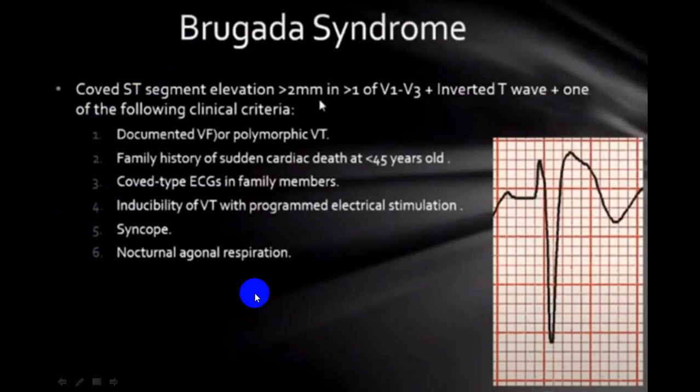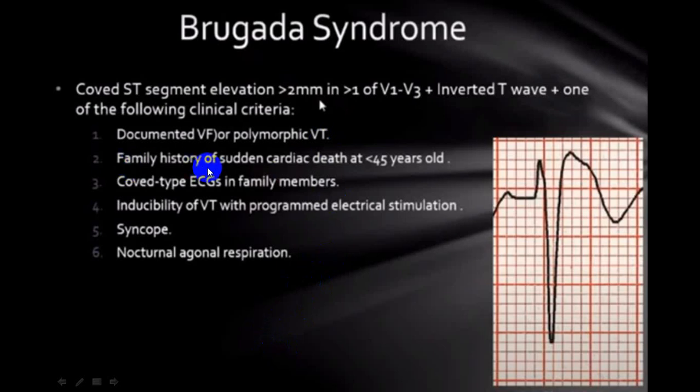There is another condition we call Brugada syndrome, where in V1, V2 or up to V3, you will have a small R wave, a deep S wave, and then an ST segment elevation. From that ST segment elevation, you have a sharp downstroke, followed by a negative, inverted T wave. This is in favor of Brugada syndrome. People with Brugada syndrome are more prone to develop cardiac arrhythmias, particularly ventricular fibrillation or polymorphic ventricular tachycardia, and sometimes they can have sudden cardiac death. Do keep it in mind.